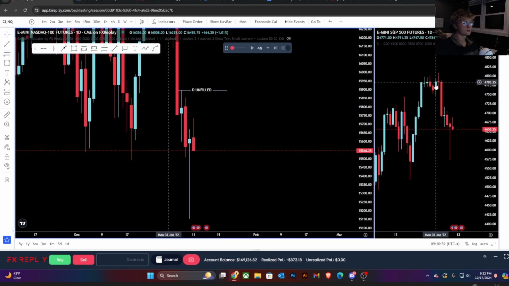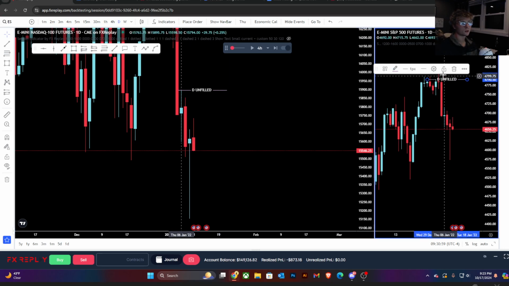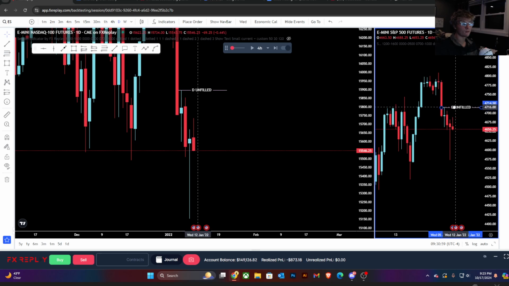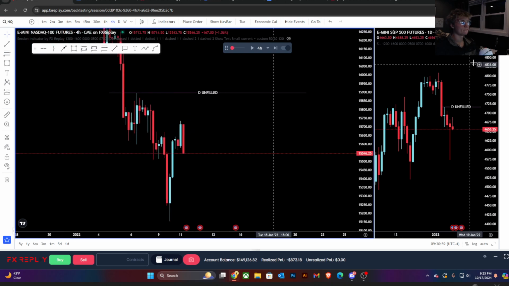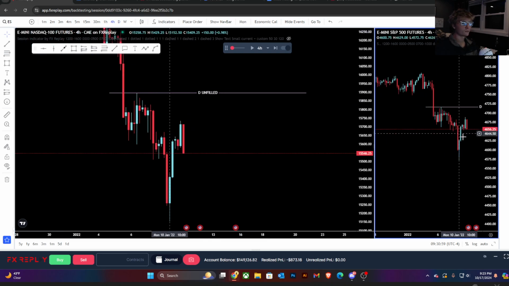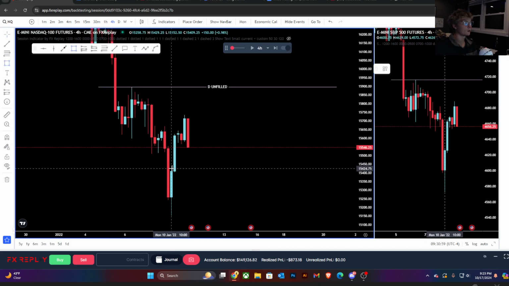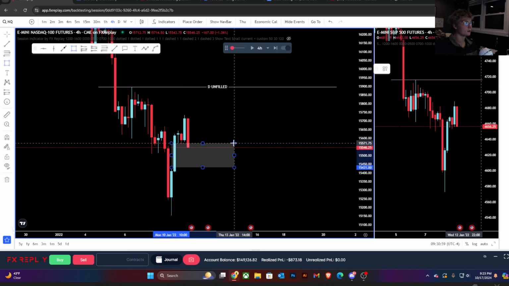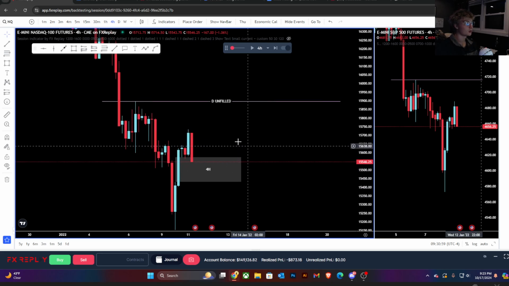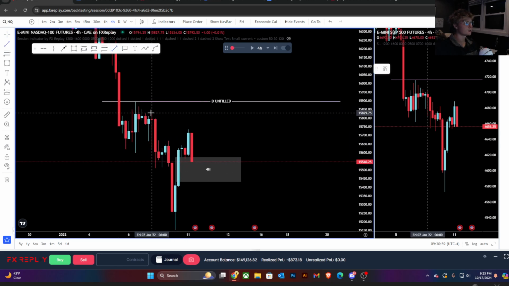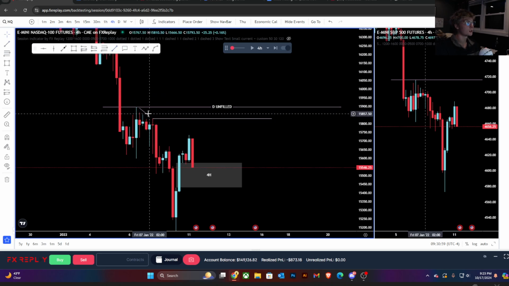Let's look at ES. ES looks pretty correlated. So we got this daily gap there. Let's hop on the 4 hour. We're tapping a 4 hour right now. If we end up holding this, I do like longs a lot to rebalance us, take out these highs here. We have this like low resistance liquidity as well